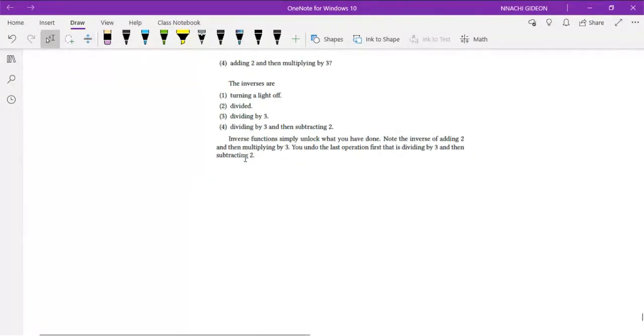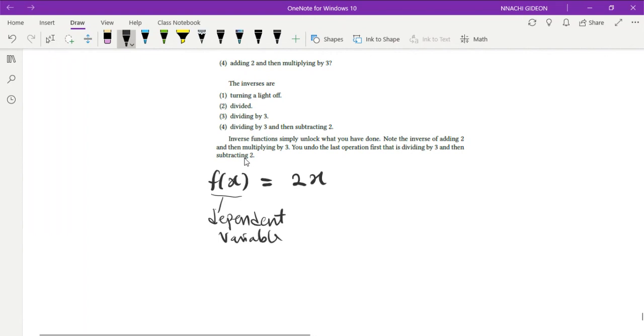So, taking a direct example from the book, f of x, which is a dependent variable of x. Here, remember, we call it dependent. This one is a variable. It depends on what x will be, so it becomes the dependent variable. But this one is independent because it has a domain that it is coming from. So we call this one the independent variable. Remember, both of them are variables. It's just that